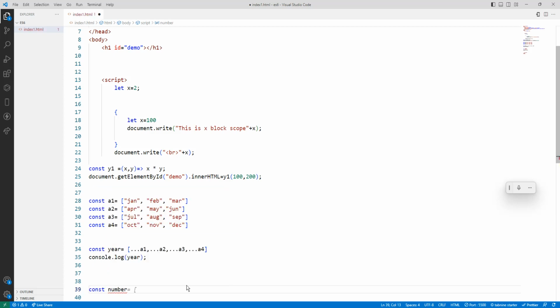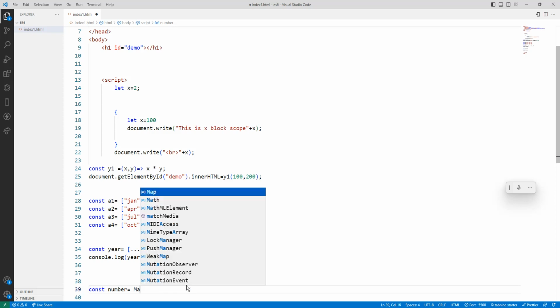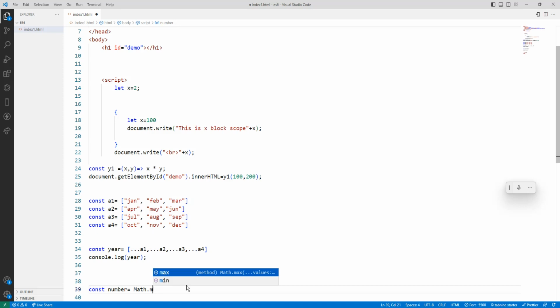Number equals to Math. Math is a JavaScript object. So Math.random we already discussed in JavaScript. What is the Math? Math is an object. So I want to find the maximum value. Okay. So here, sorry, before that I want to